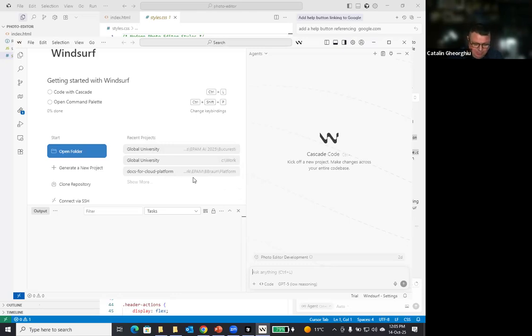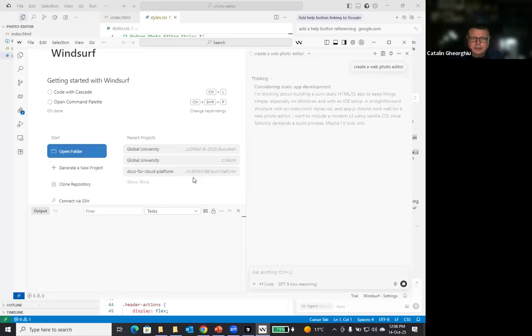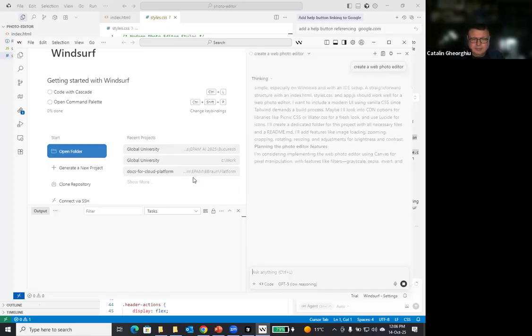So let's prompt it. Create tab photo edit. Floating, swimming.